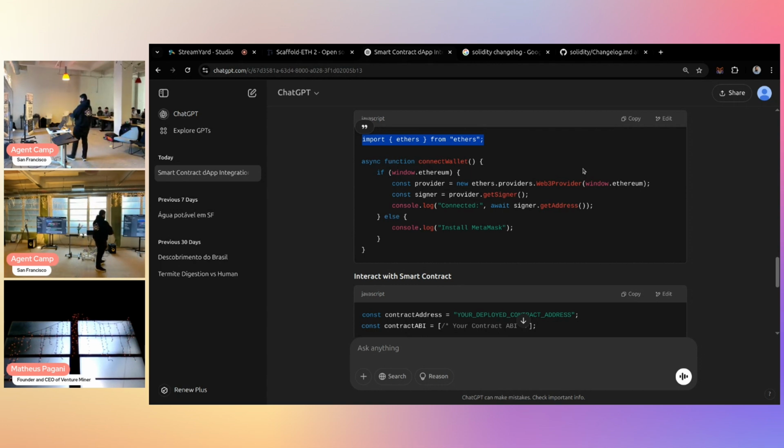But a lot of AIs still suggest it because they don't know. Here we have ethers. It's my favorite library, I like ethers, but everyone else is using another library called viem. Have you ever heard about that? So the AI, unfortunately, not even the best AIs that we have, like ChatGPT, know about the best techniques and the best trends that are out there.